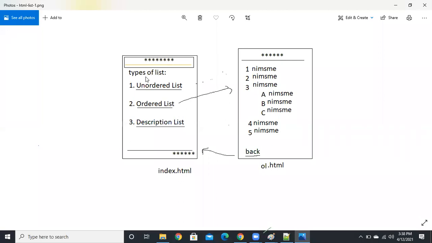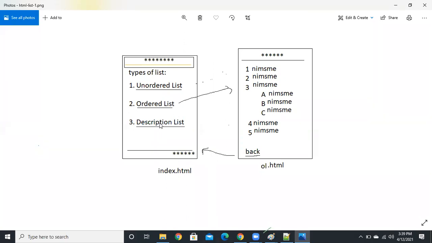Next, you take three types of list: unordered list, ordered list, and descriptive list. When you click on the unordered list, automatically it will open one more page. In that you can show me all types of list, like in the order list we have so many types, such as numbers and alphabets, right? And in that you create list and sublist also. We use an order list, then you will get 1 to 3, right? Then in 3 you have one more sublist, starting from A and 1. There you use one more attribute. Understood now? Clear, right? And when you click on the back button, it should automatically navigate to the index page.